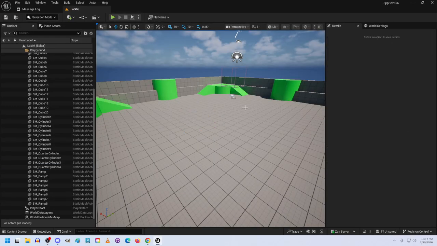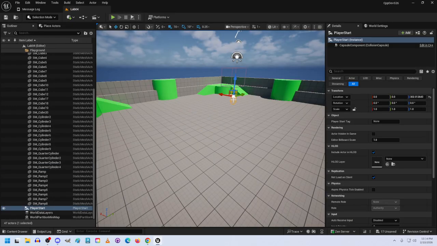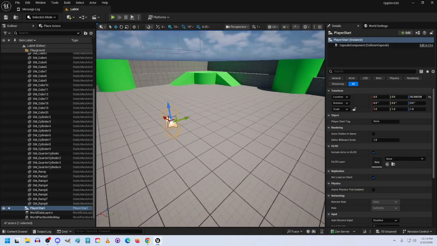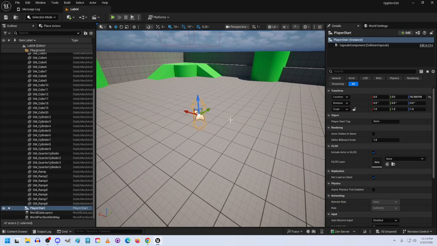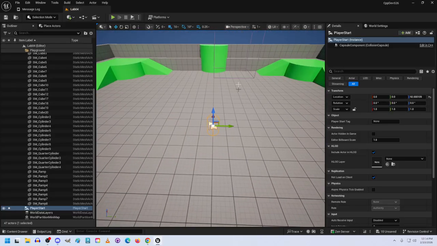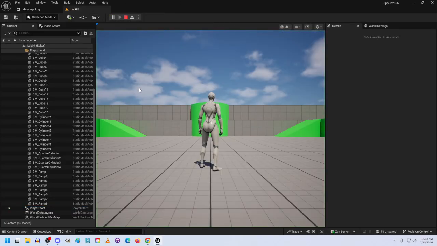If you hit End on an actor, it'll drop to the closest solid thing below it. So if this was floating, I've dropped it to the floor. We'll press play and be like, hey, hooray,